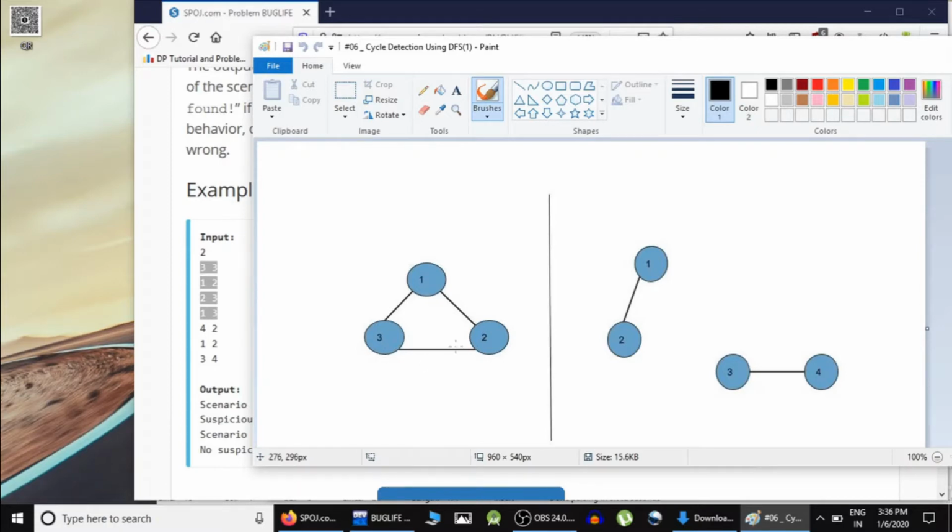But here a female and female interaction, the same gender interaction, can be seen. So this scenario doesn't verify the theory of the professor, and hence in this case we have to